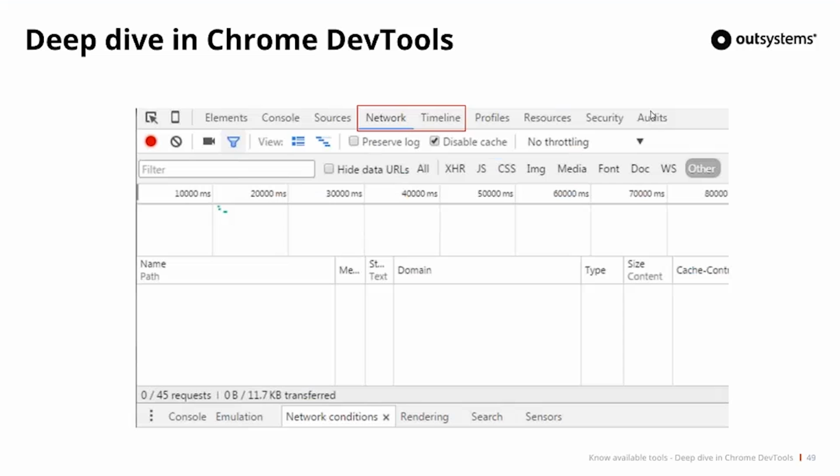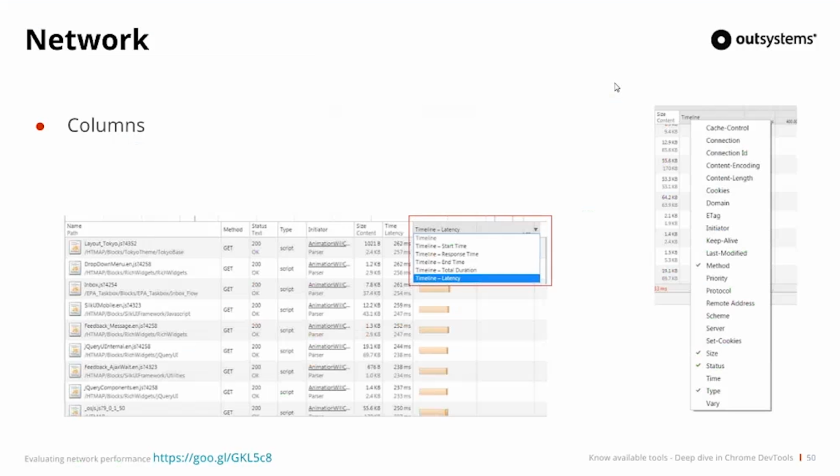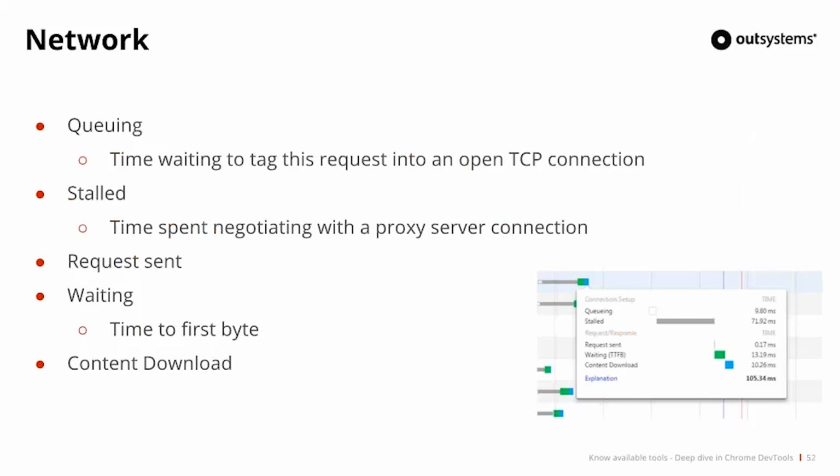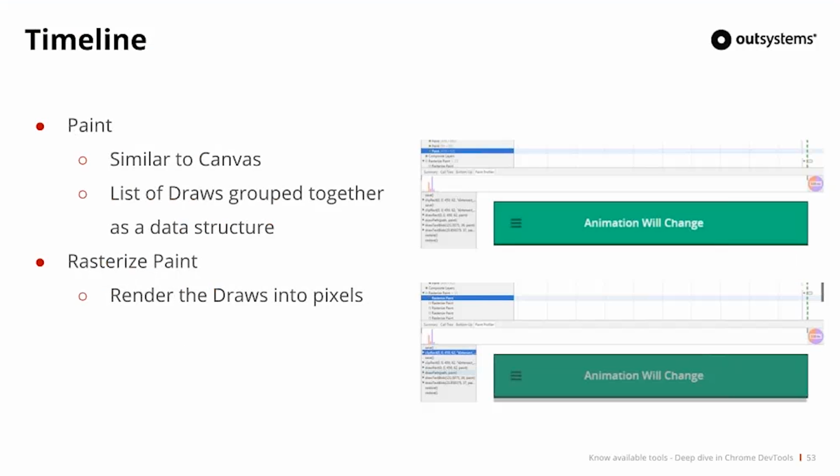So just a little recap about this. In the network, we could choose our columns. We could choose the ones we think we will need to view, to get a more instant result of what we are looking for. We have the network process for each one of the resources: the queuing, the request sent, the waiting, and the download. And we also have these ones that I didn't talk about, which is the difference between the green ones, the paint, and